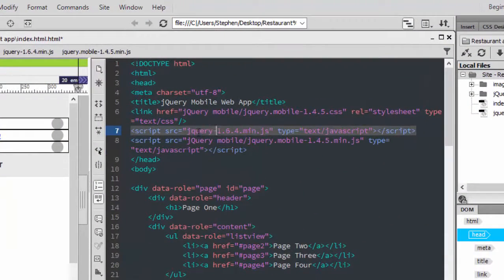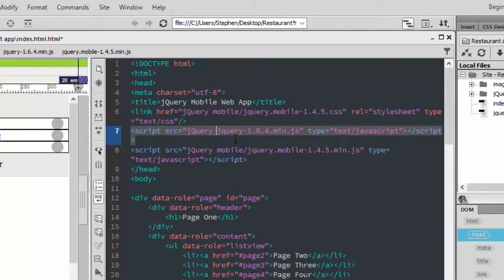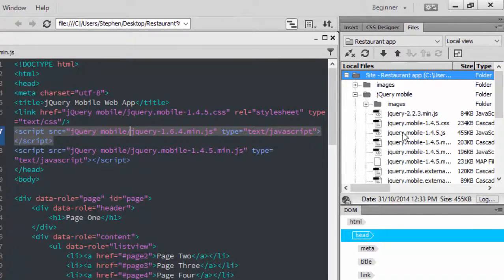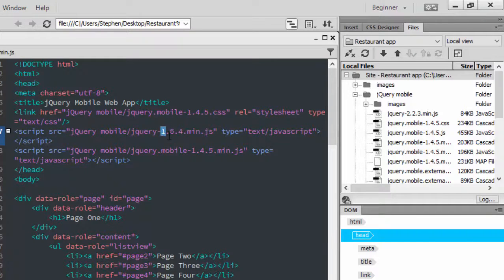and again, because it's a script tag, we need to update where it is manually. So we need to change it to jQuery mobile folder, and we need to remember what version we had, 2.2.3. So we change the file name to 2.2.3.min.js,